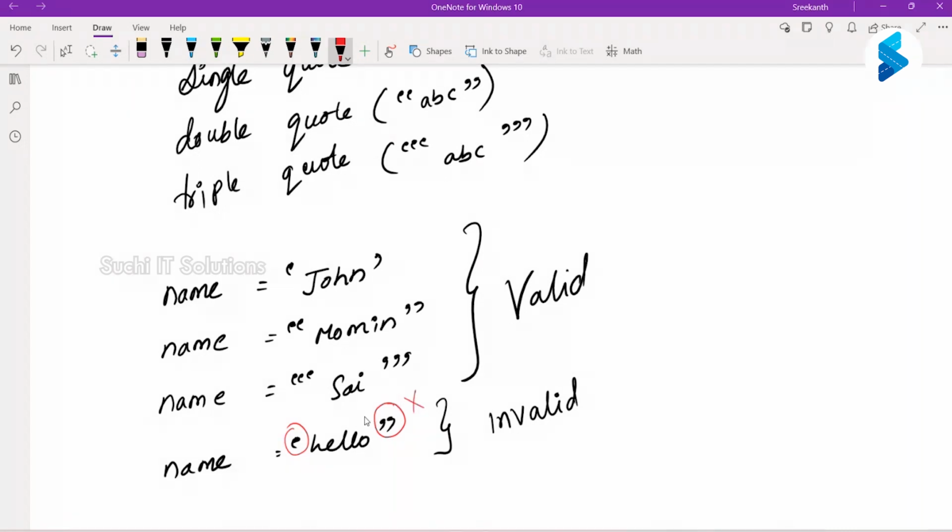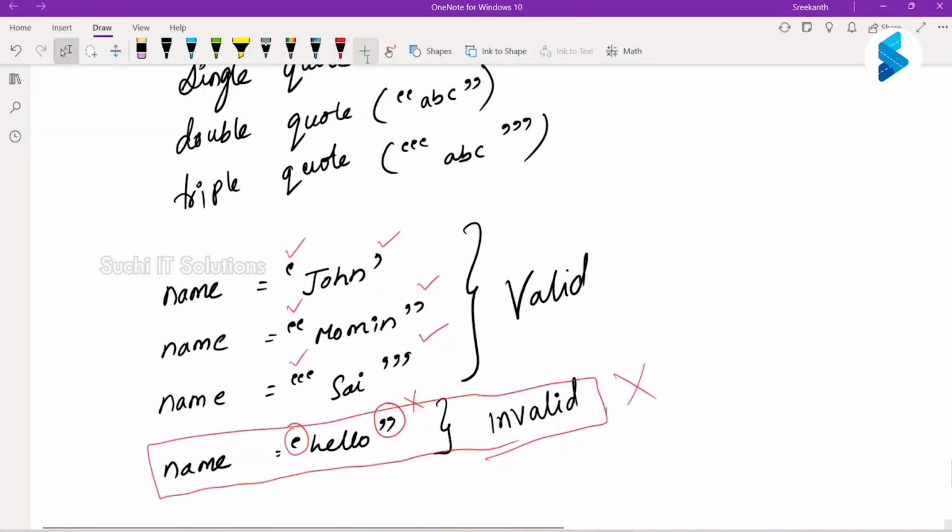So if we are using a single quote to start, I have to use a single quote to end. I cannot do a mix and match. I can use single quote start, single quote end, double quote start, double quote end, triple quote start, triple quote end, but I cannot start with a single quote and end with a double quote, or start with a double quote and end with a single quote.